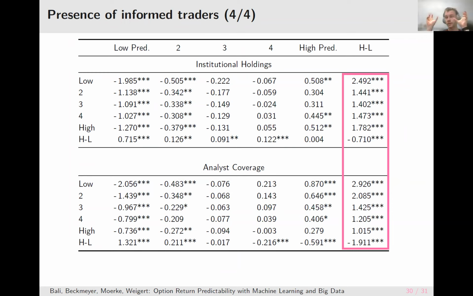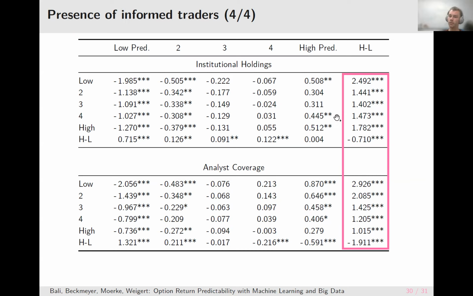Now we also set out to have a look at trading strategies based on this. So within each of these institutional holding and analyst coverage quintiles, we again have a look at low predictor options, which are expected to perform poorly, and options that are expected to perform well. And we again have a look at the return spreads here. What we find is that, considering these high minus low spreads here, regardless of the quintile of institutional holdings and analyst coverage, the return spreads are large and statistically significant,